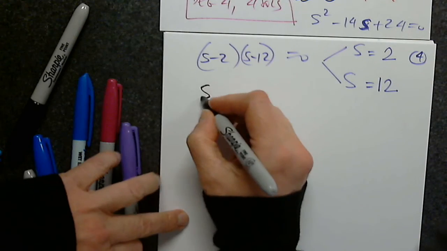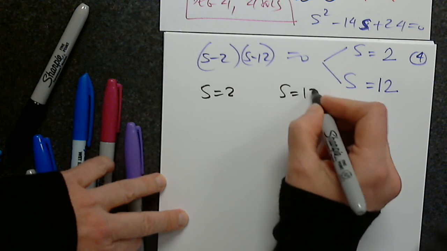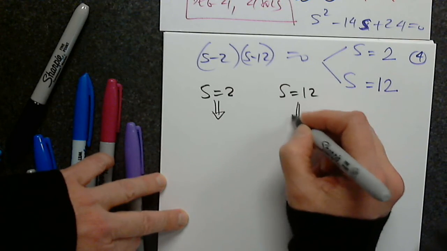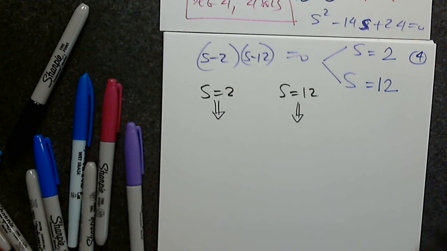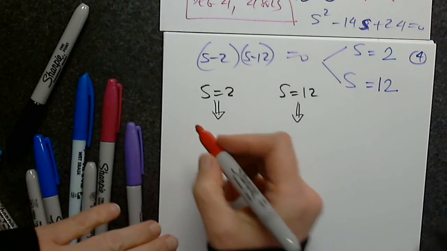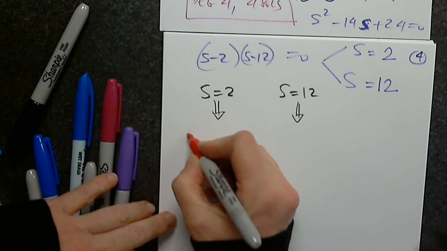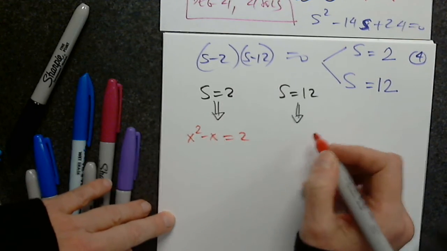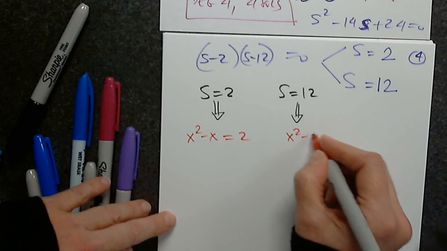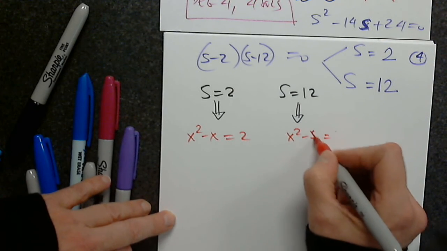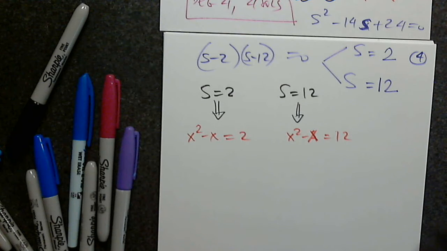But that's not sufficient, right? I know that the equation S equals 2 and the equation S equals 12 really mean something else. What do they mean? The first one means X squared minus X equals 2, and the second one, X squared minus X equals 12. Excellent. Although we're not done,